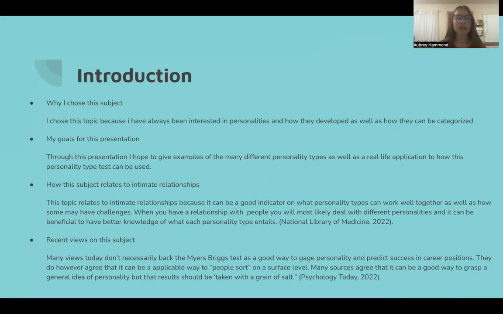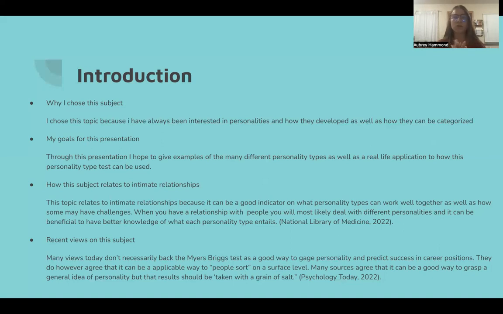My goals for this presentation are to give examples of the many different personality types that the Myers-Briggs offers, as well as some real life applications to show how this personality type test can be used. Through this presentation, you'll learn that it was used for team building, career success projections, and that type of thing. But it also relates to intimate relationships because it can be a good indicator of how people